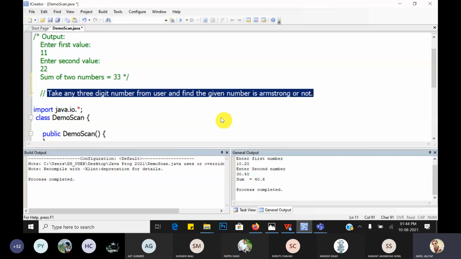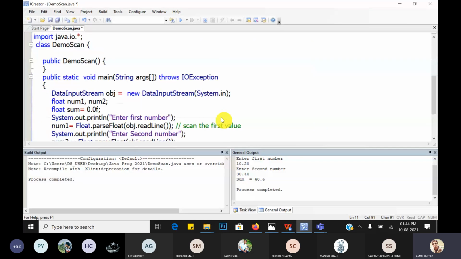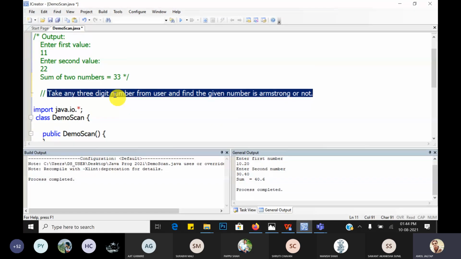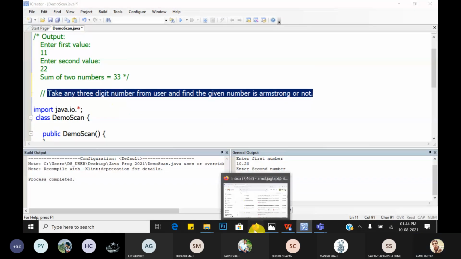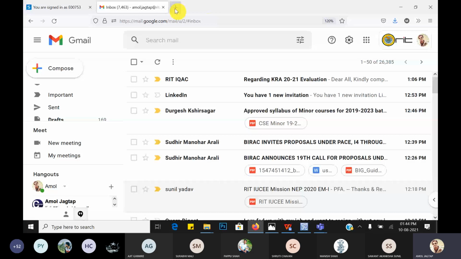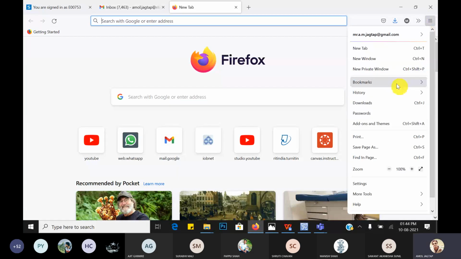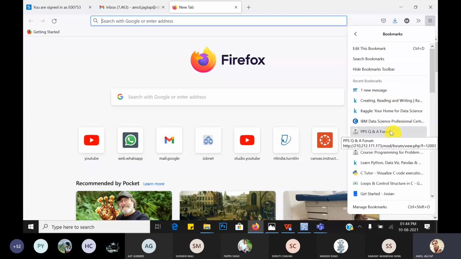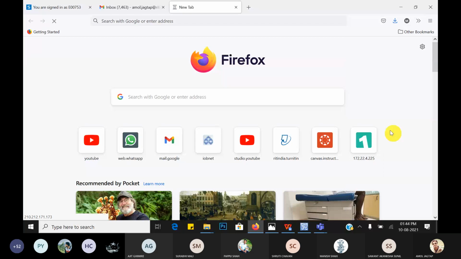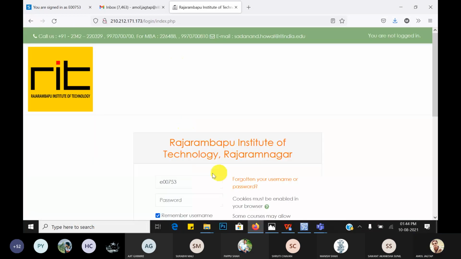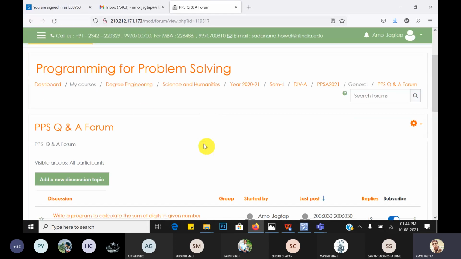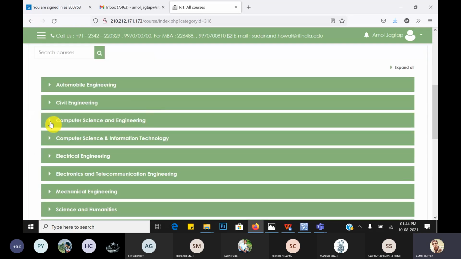For scanning the value from the user, you can take either the DataInputStream class or the Scanner class. So here is your activity on the Moodle. I have created that. Everyone do that and paste your answer in the Moodle.